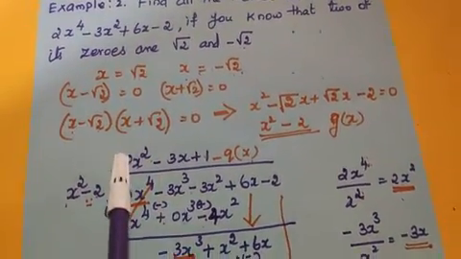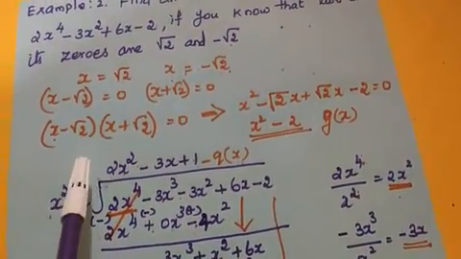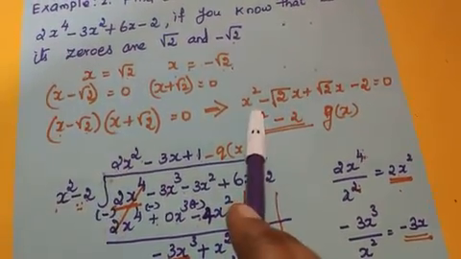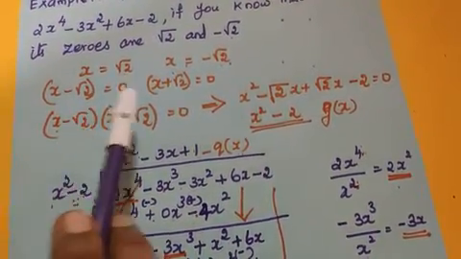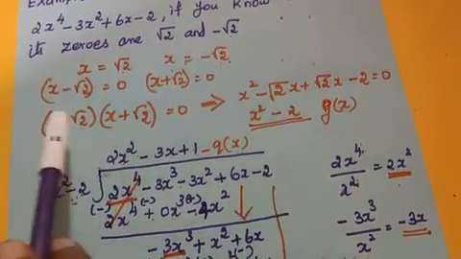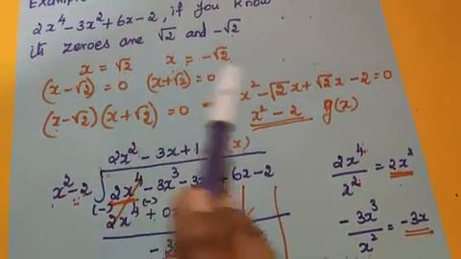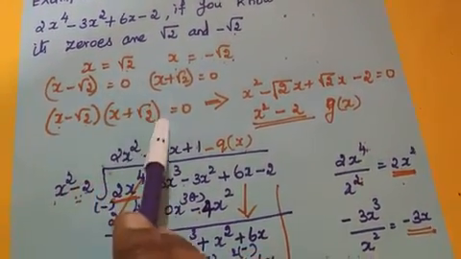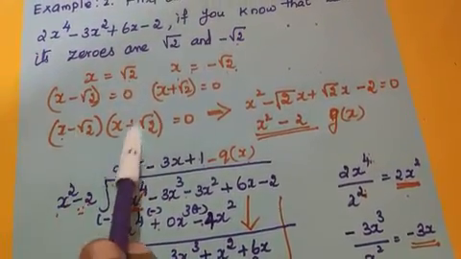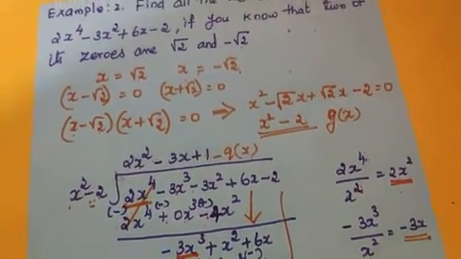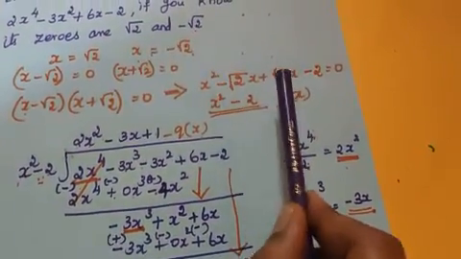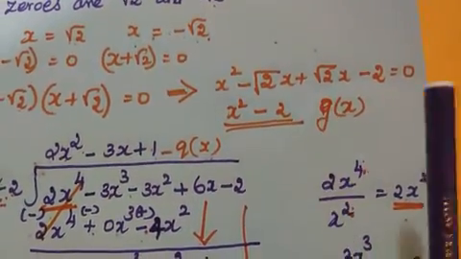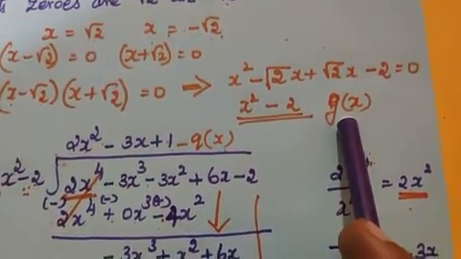The same way you can multiply the variables and the irrational numbers. So x multiplied by x, it becomes x squared, and minus root 2 multiplied by x, it is minus root 2x. Again x multiplied by root 2, that is plus root 2x, and root 2 multiplied by root 2, it becomes plus and minus, so 2 only comes, minus 2. So plus root 2x minus root 2x will be cancelled, and we are getting x squared minus 2. That is our g of x now.